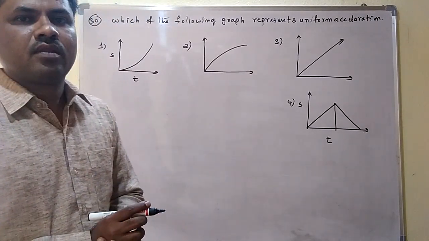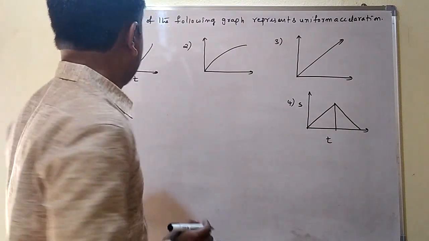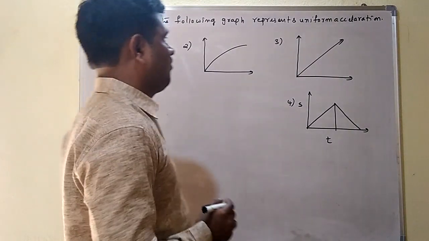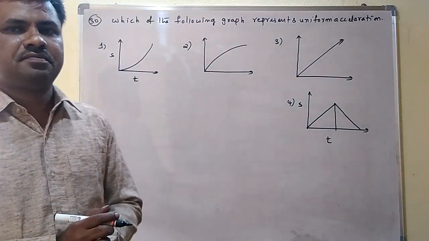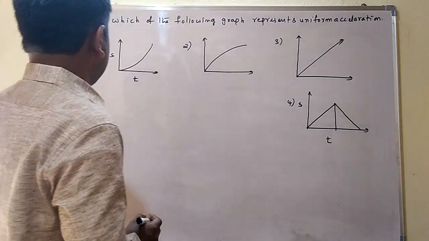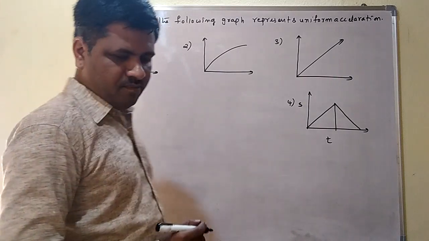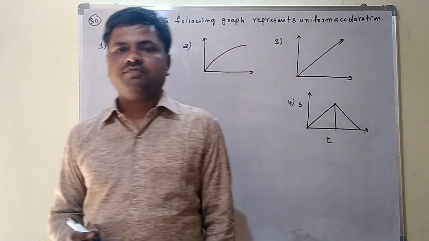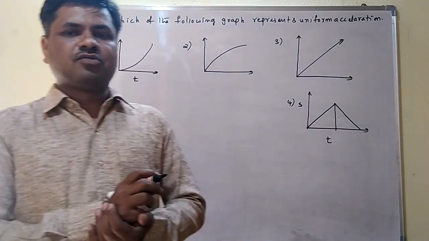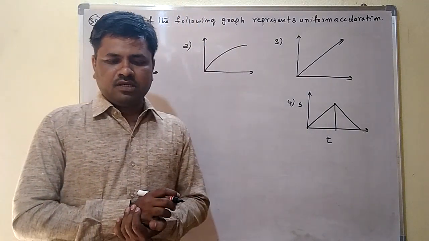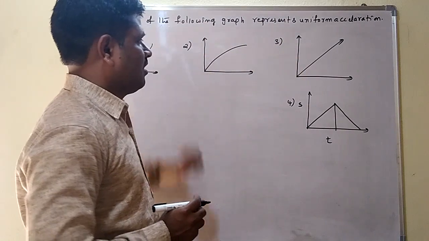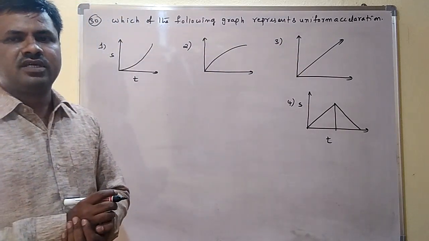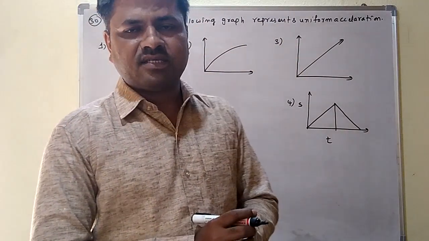See the last question. Which of the following graph represents uniform acceleration? Right? See there, which graph represents a uniform acceleration? Means a graph based question is there, very important model. Here, which of the graph represents uniform acceleration? Uniform acceleration means what is here? It covers